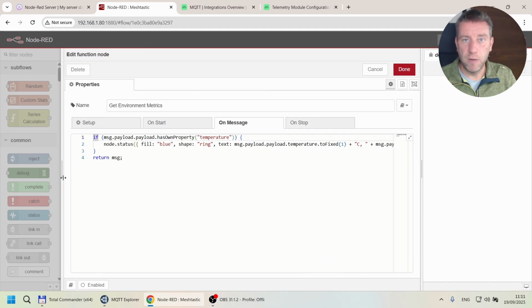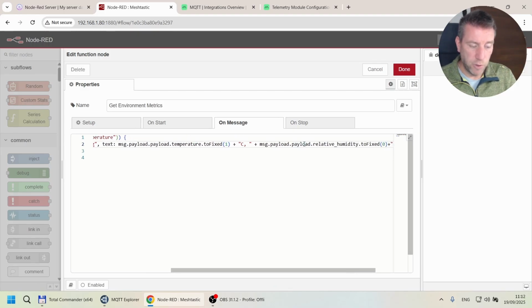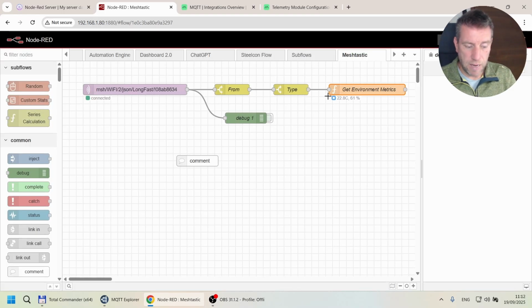Here I used a little bit of code, and first of all I checked if the message.payload has a temperature property. Again, I'm doing this because these telemetry messages might be those ones that have voltage and uptime, which we again don't care about if you only want the environment variables. And if we are getting this type of message, then I just printed the values of message.payload.payload.temperature fixed to 1 decimal place, and then message.payload.payload.relative_humidity fixed to 0 decimal places. And that's how I get this